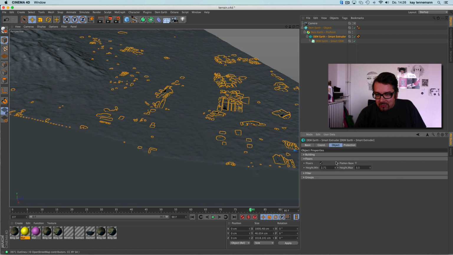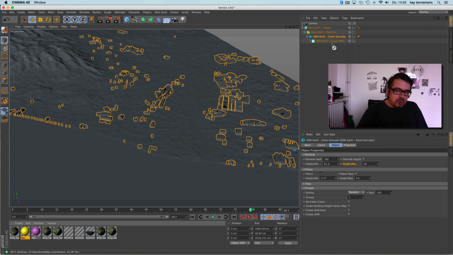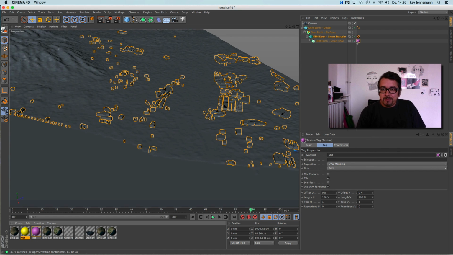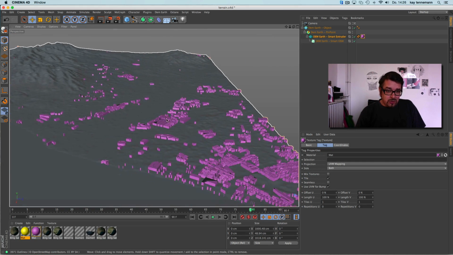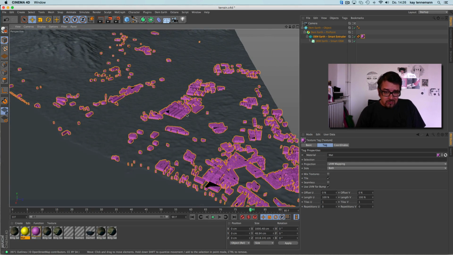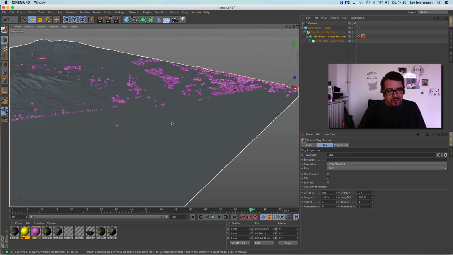So you give them more height, and a color. You can see with just a few mouse clicks you get some basic buildings from this place. It's very useful too.